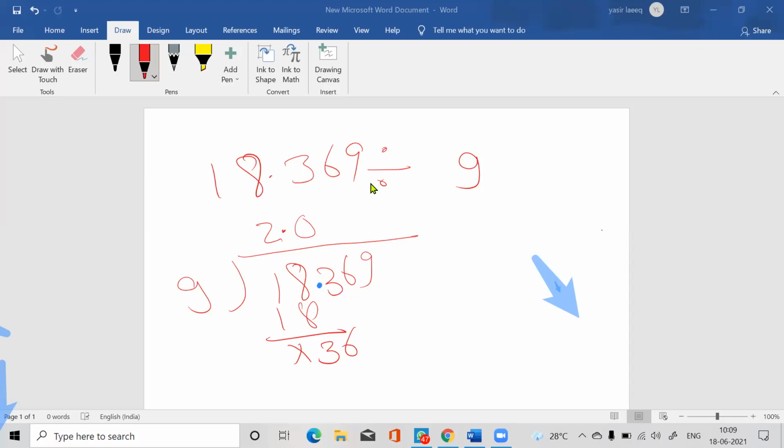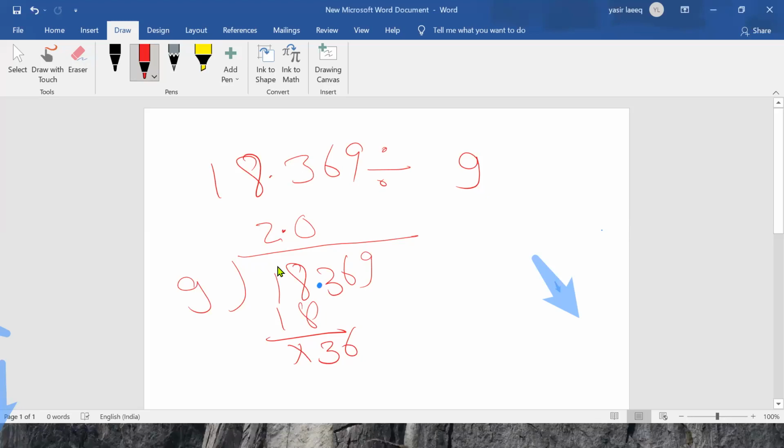Okay. I am not putting 0. I am telling you what is the reason. I just said that just do division as we do in whole natural numbers, the same way. As we are doing division, the same way we will do division here. The only difference is putting the decimal, where we have to put the decimal. This is the important thing. You can see that 18 is completed. So after 18, there is a decimal in the given question also.